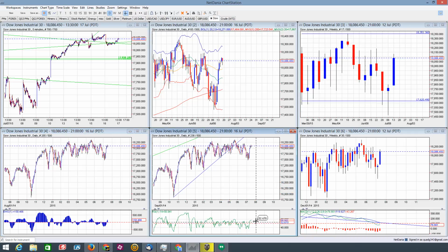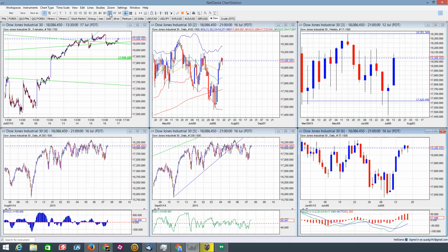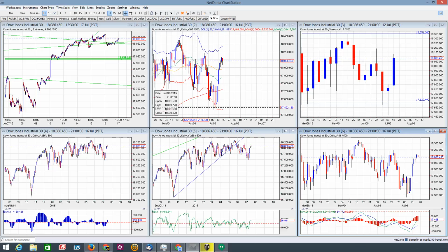RSI coming up here to test the 60 level again. You see the last time we tested the 60, which is right here at this key high, we saw the rejection. So we're right about there at this point in time as well. Could see a rejection there also. And the MACD on the weekly is open to the downside, and on the daily we're open to the upside. So mixed picture there. I would say overall the Dow is looking weak, moving up into this